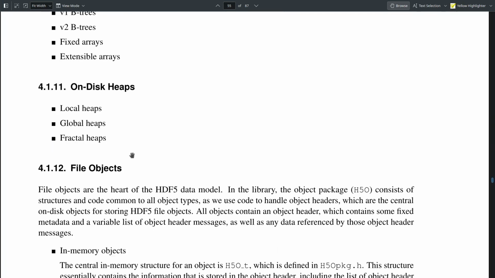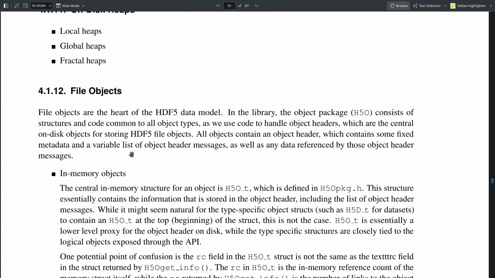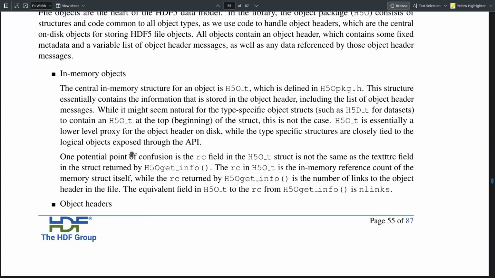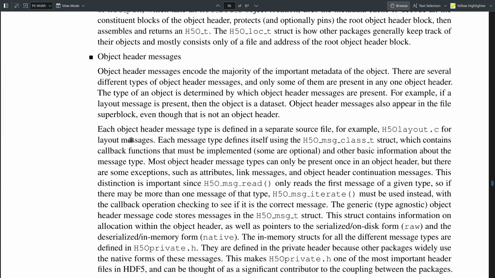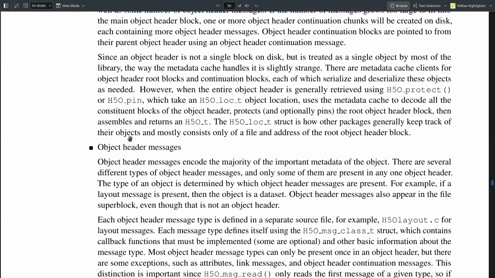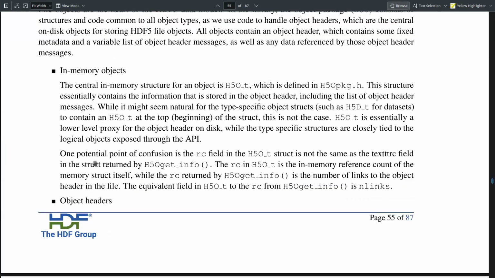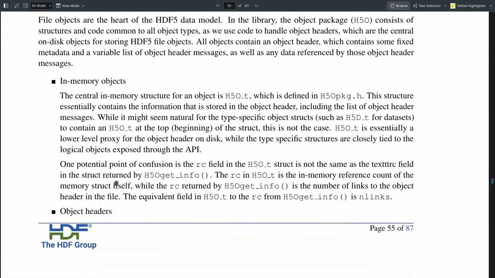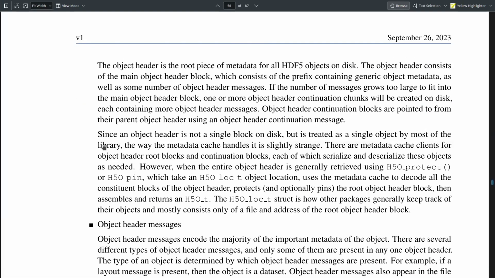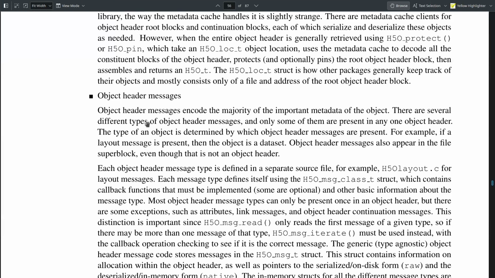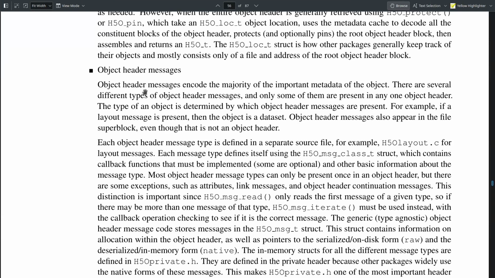And we have file objects, which has quite a bit written for it. This is all text. I wasn't sure how to diagram this out, but it explains how objects are represented in memory, what object headers are both on disk and in memory, and object header messages,